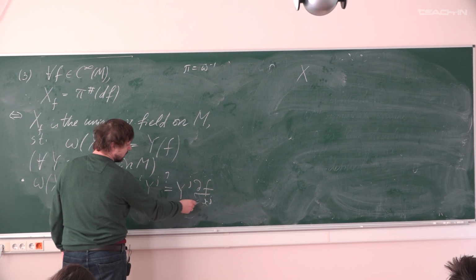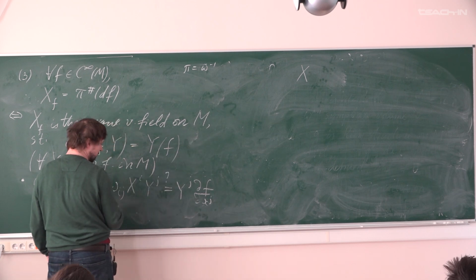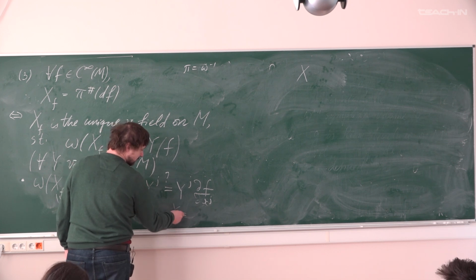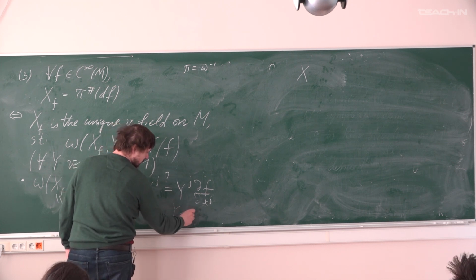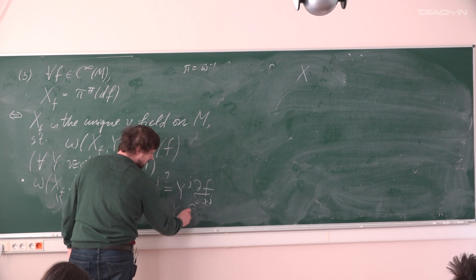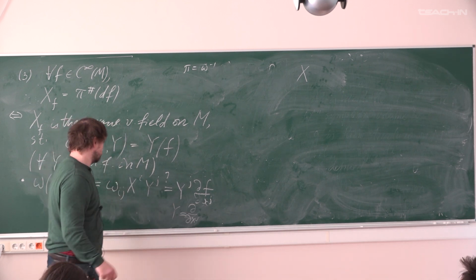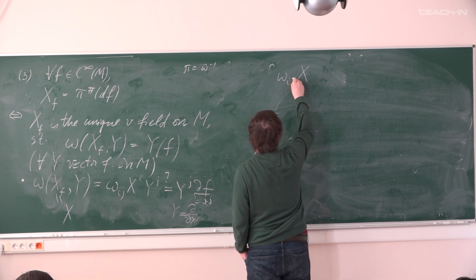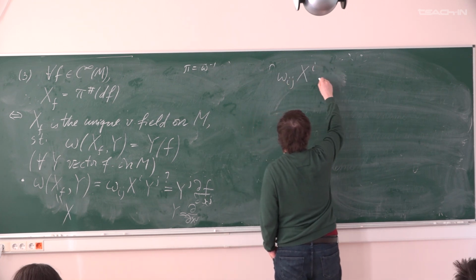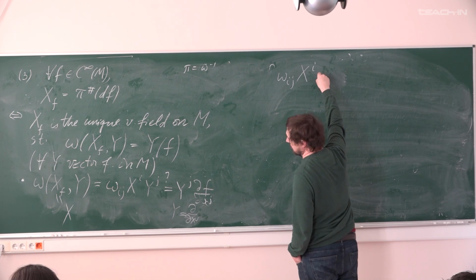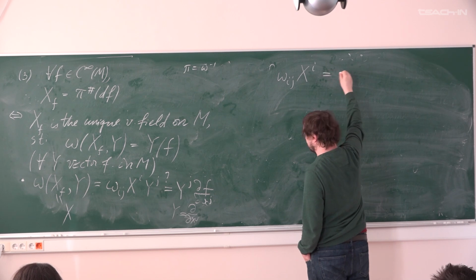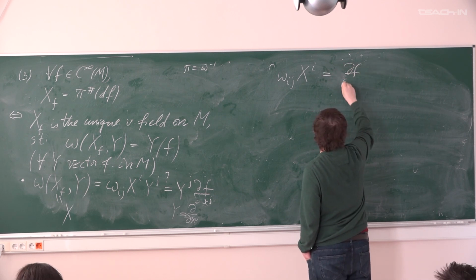So let us choose first, before I apply omega minus first, let us first choose y equal to just dxj, right? Nothing else. So we see that omega ij xi, now here we have just one, right? And nothing else survives, is equal to df dxj